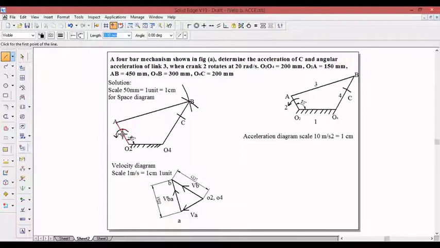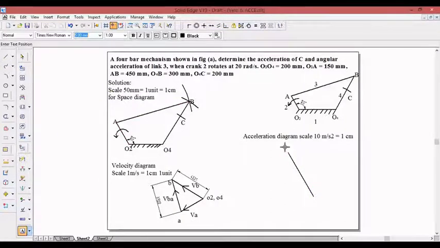The radial component will be parallel to the link. So the radial component of O2A is 60 meters per second squared, which after converting gives 6 centimeters. So let us draw a 6 centimeter line, and this line must be parallel to the crank,